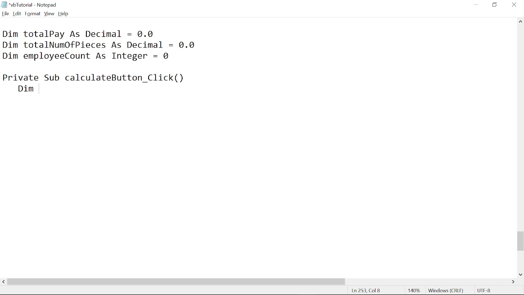So first of all, we do for the name. So let's say Dim name as a string. And then we can assign it to the name text box dot text. Then we have another, num packages, as an integer, is equal to